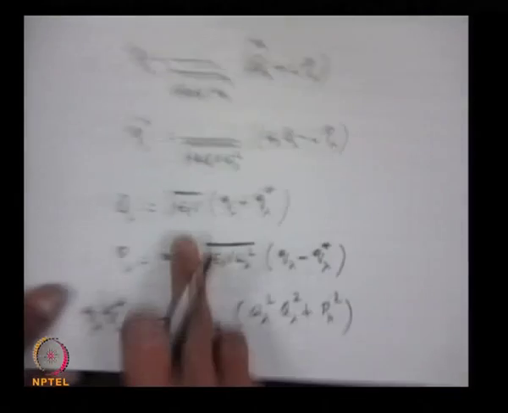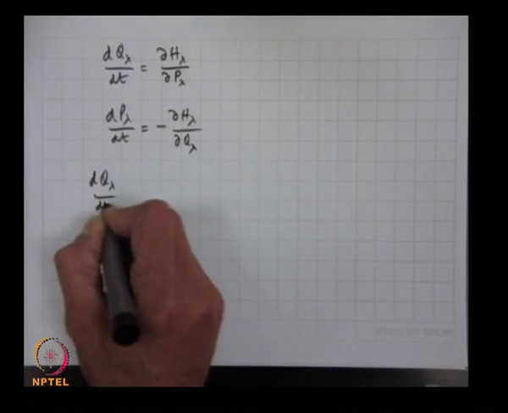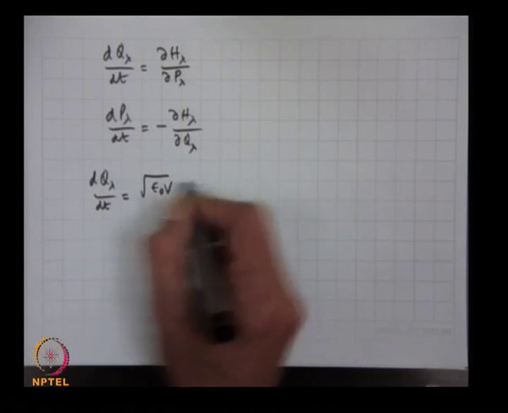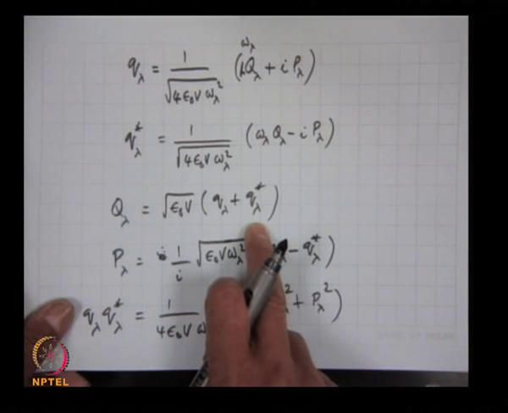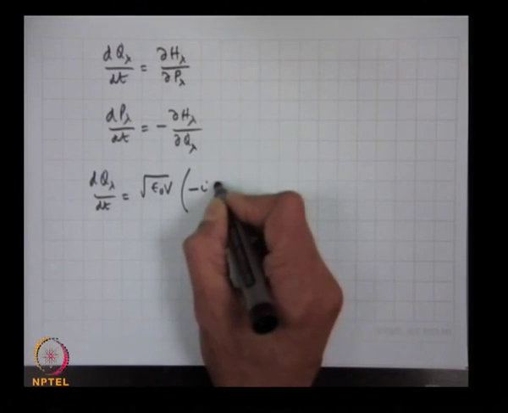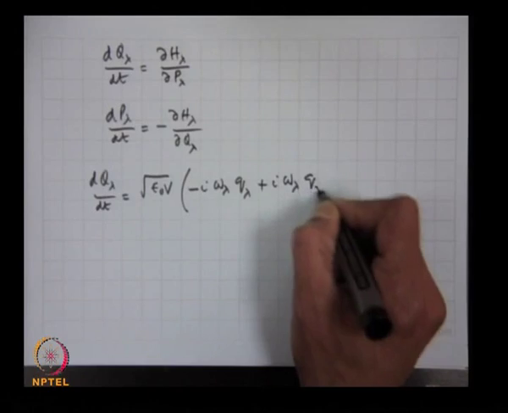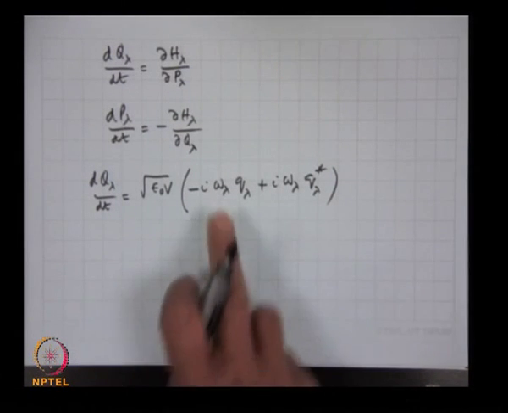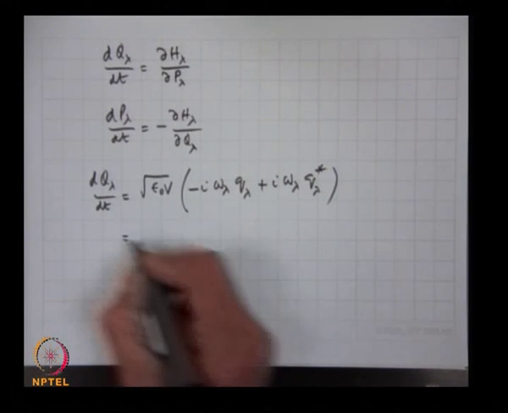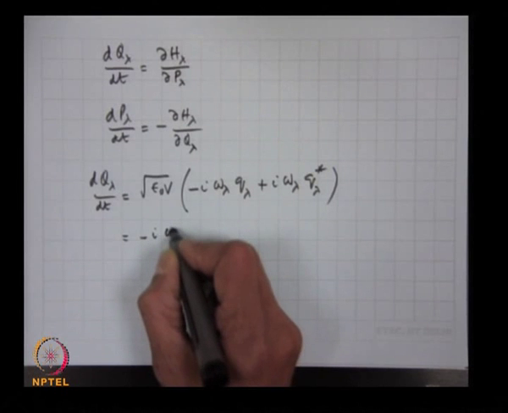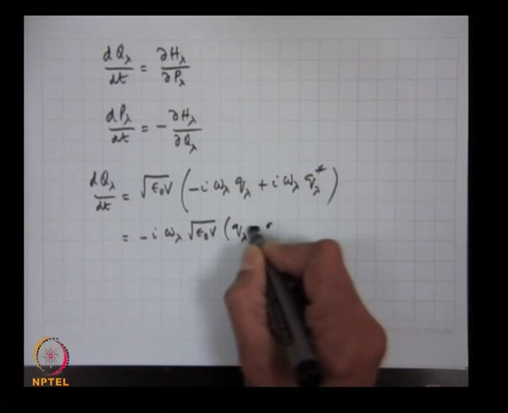If I use this capital Q lambda from here, I will have dQ lambda by dt equal to square root of epsilon 0 V times dq lambda by dt plus dq lambda star by dt. So dq lambda by dt is minus i omega lambda q lambda, plus i omega lambda q lambda star. So this is equal to minus i omega lambda square root of epsilon 0 V times q lambda minus q lambda star,